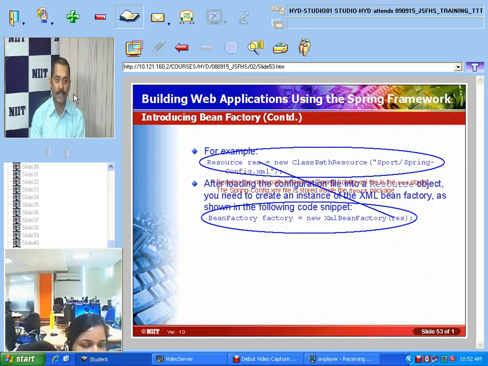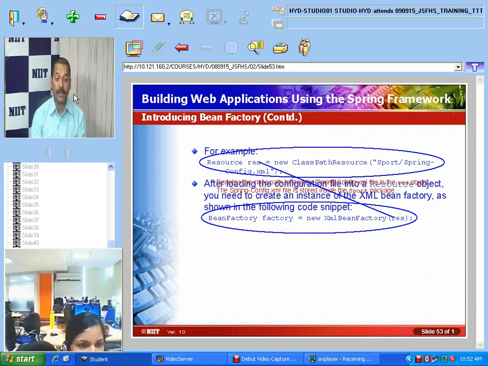In our project, there will be an applicationContext file, and in that we will have all the bean information. Maybe I am creating 5 beans: customer bean, account bean, employee bean, or XYZ bean.